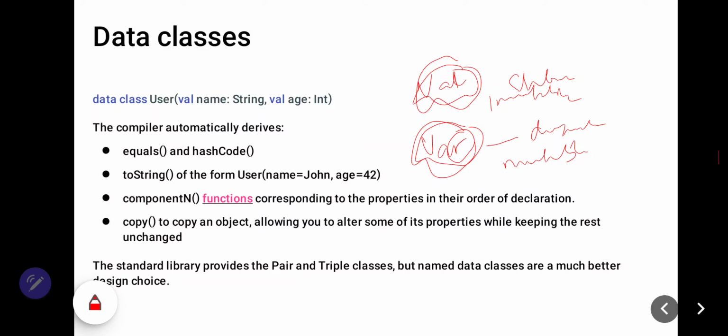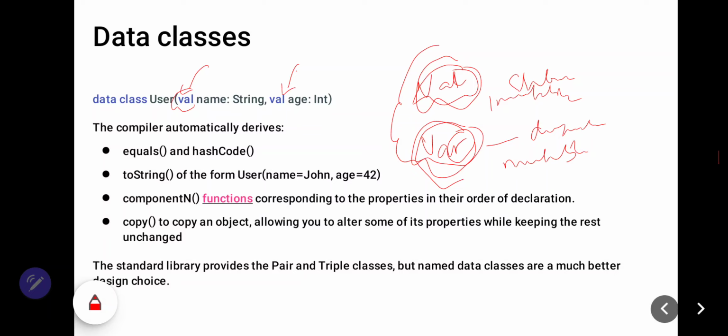I hope you remember this because this is the basic of programming. Don't forget to write in here, depending on your needs. If you want to make it mutable, you can use var.